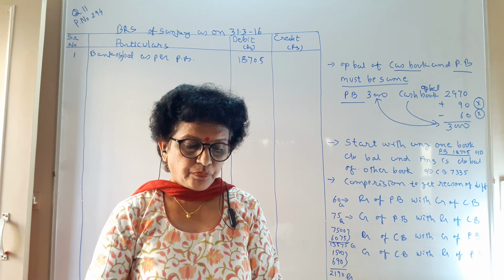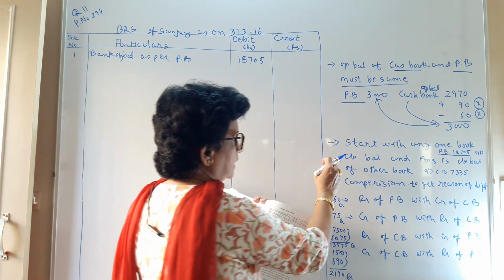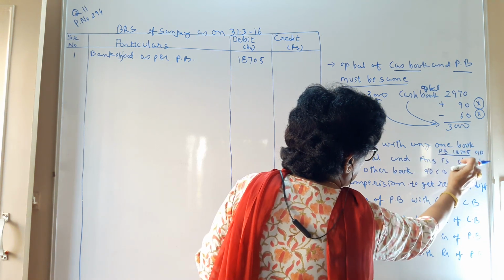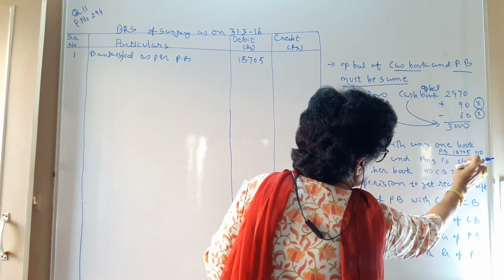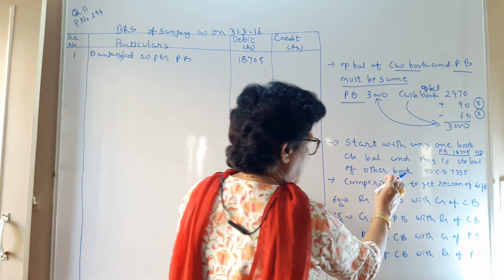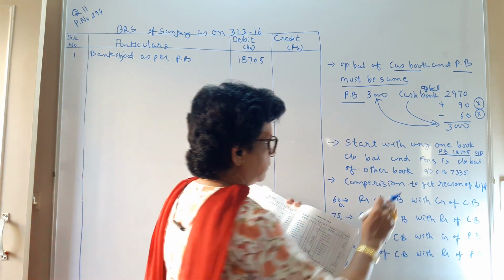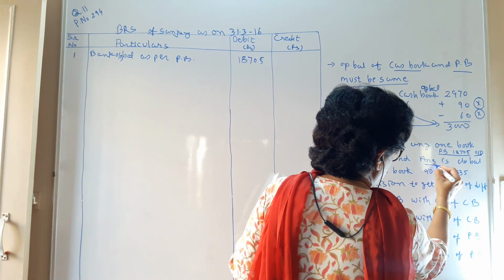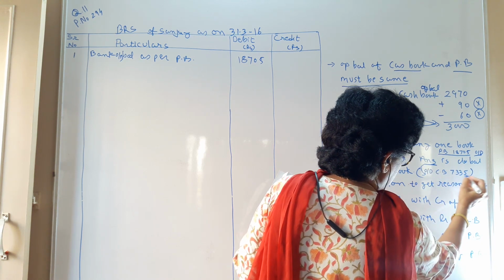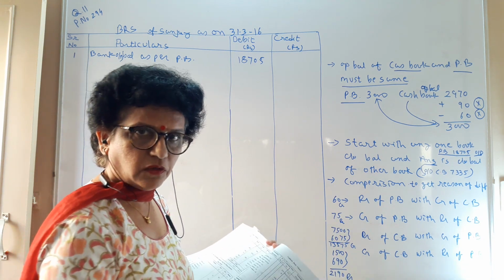Then you have the transactions to be found. So how to find the transactions? We can start with either book. We have started with the passbook overdraft of 18,705, and our answer is already there in the question itself. Your answer is going to be the bank overdraft as per the cash book, 7335. Let us see whether you get your answer or not.